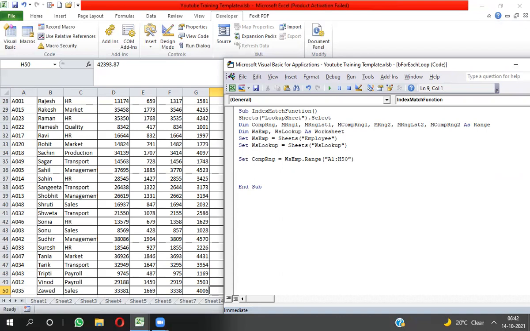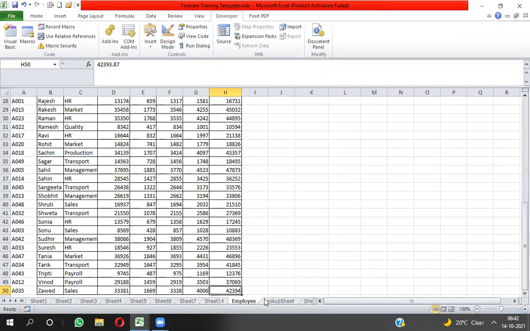Then I have to set the second variable. In this variable, no need to set anything. Actually, this variable I will use in For Each, and this variable I will use in For Each. In this variable I'm going to set mRngLst1. In this variable I will set this reference.